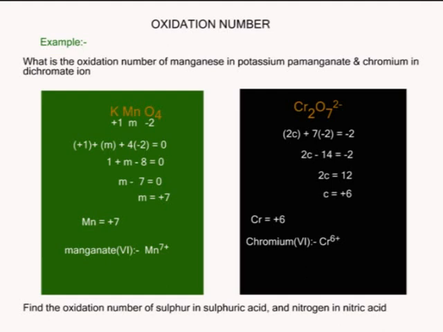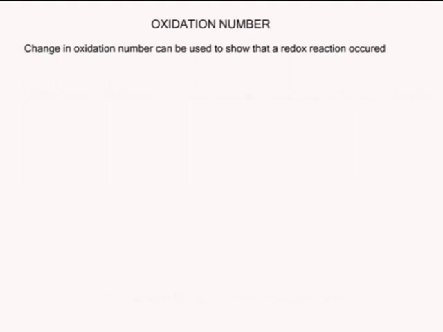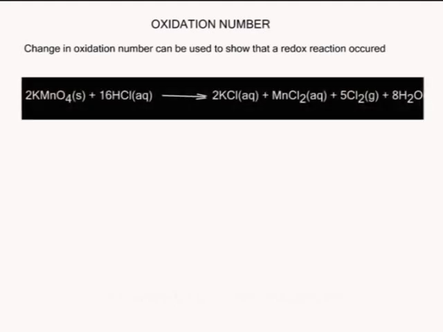Now, is all this really important in chemistry? Well, yes, very important. Why? Because the change in oxidation numbers during a reaction can be used to show that a redox reaction has occurred. How about that? Look at this. In the preparation of chlorine gas, we react potassium manganate 7 with hydrochloric acid. In truth, this is a redox reaction, but by just looking at it like that, you cannot